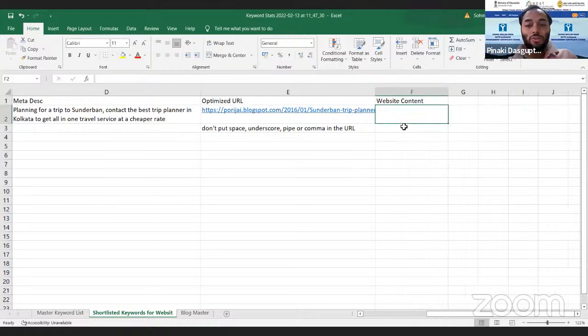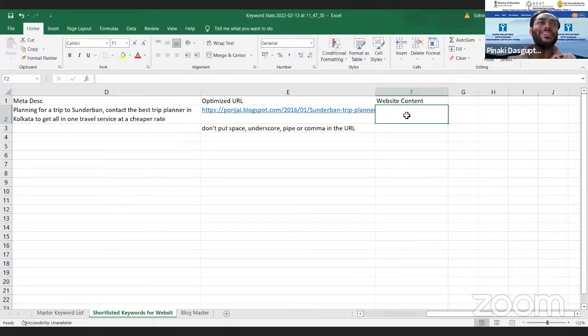So when you shortlist one focus keyword for a page, you have to integrate that keyword in the page body content also. You can also create a doc file where you will write the body content of the website with this keyword and then put the link here.